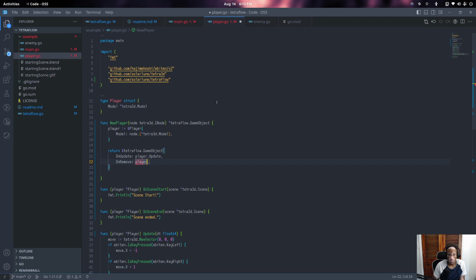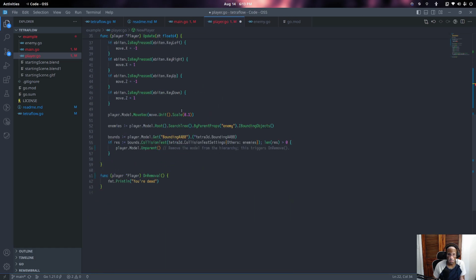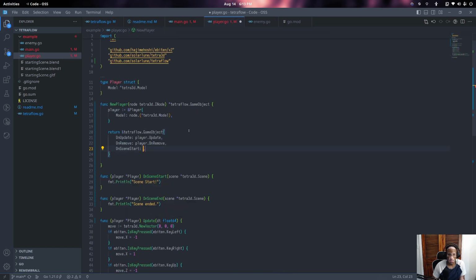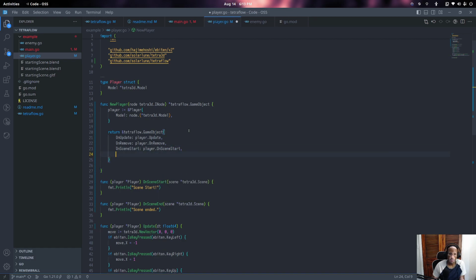On remove is player dot on remove. Start, on scene end, player dot on scene end. Okay, cool. So now the upside of this approach is a little wordy, but the upside of this approach is that